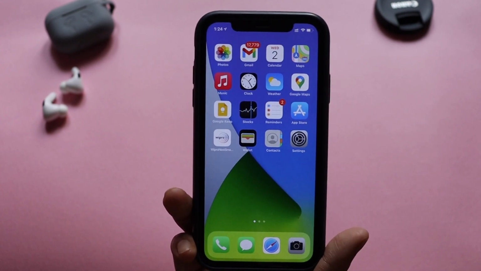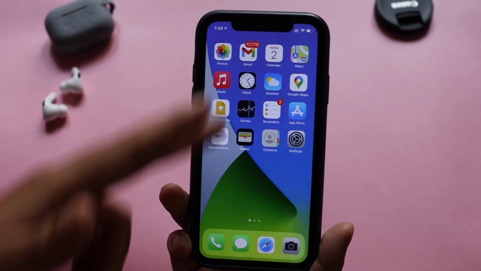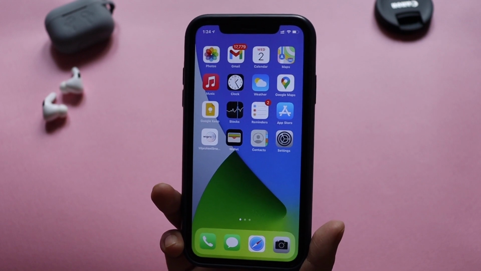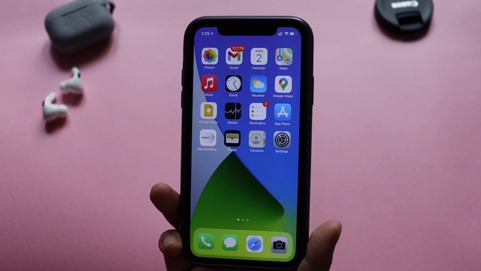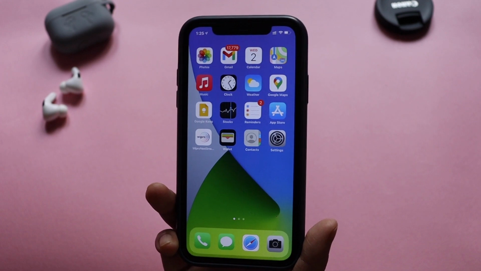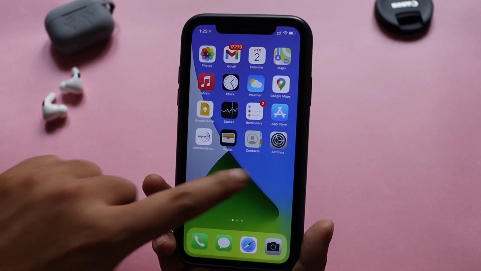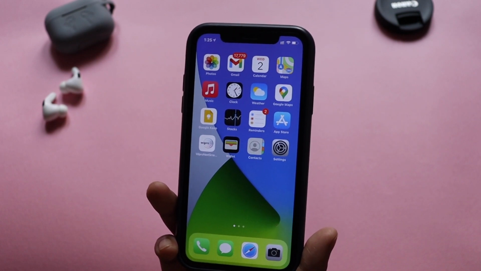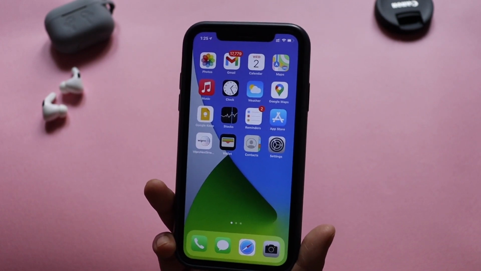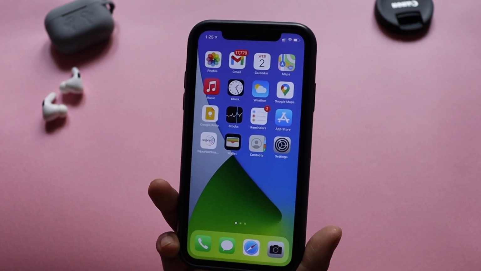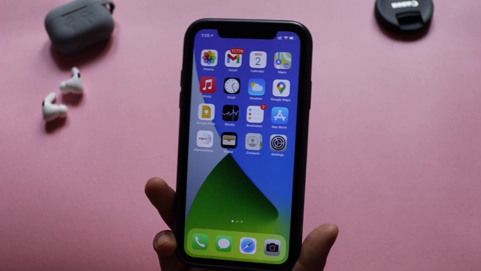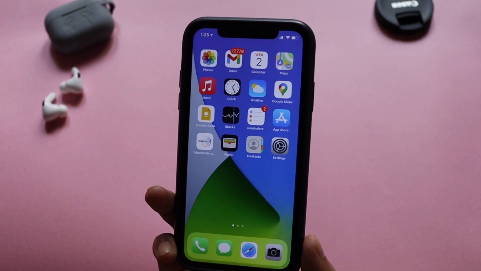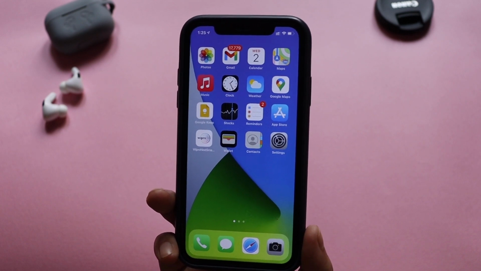I have been using this iPhone XR for a long time, and to be very frank, I did not have any such yellow or green tint issues luckily on my phone. But people have been commenting on my videos that they are using iPhone 7, 7 Plus and older generations of iPhone, and asking whether they are having yellow tint issues on their older iPhones. If you are one of those, then definitely do check out this video and follow the steps that I have shown you. Hope that would help you a lot in fixing your display brightness or color tint problem.